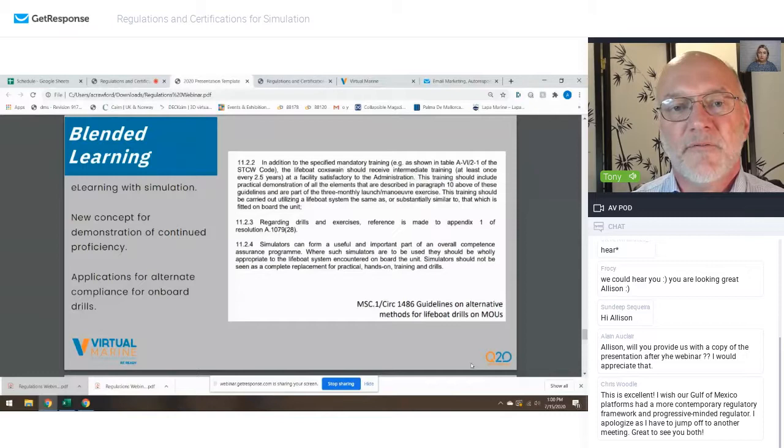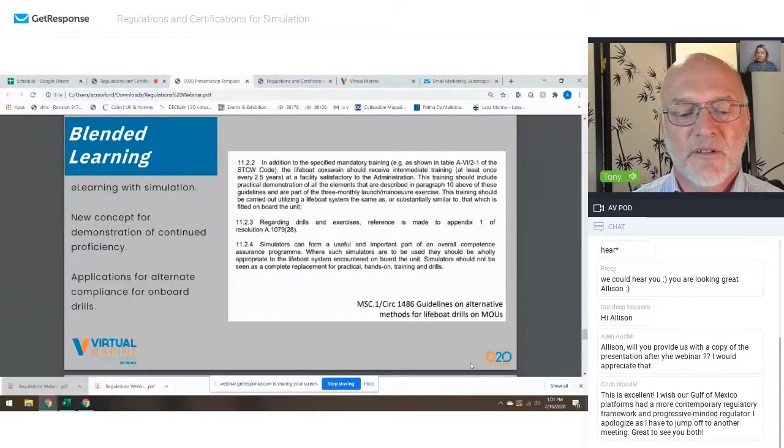And it says once every 2.5 years, if you do training at a facility approved by the administration, you can use that training in lieu of actually launching boats, like you personally being in the boat and launching during a drill. It doesn't mean that you don't muster and you don't launch boats at all, but you probably launch empty boats and you still do all your musters and equipment checks. But the actual process of lowering a boat into the water, driving away, doing a rescue, you can do that with this intermediate training. The interesting part about this is that this revision specifically states you're allowed to use simulation as part of that training program.